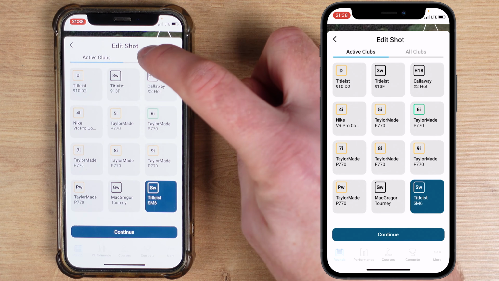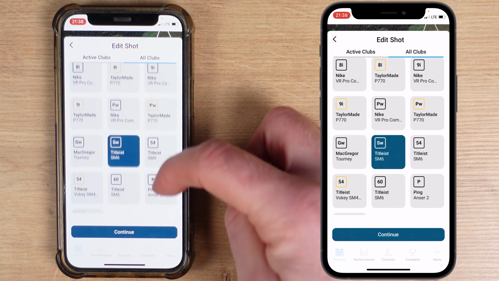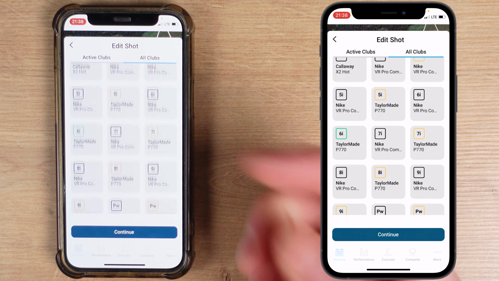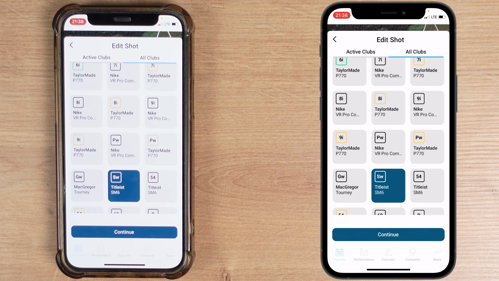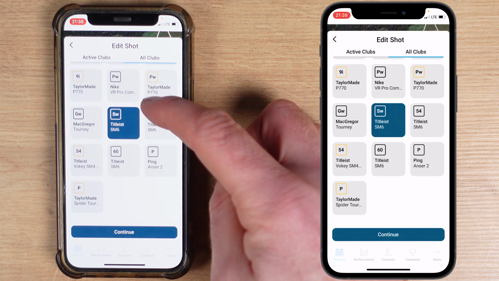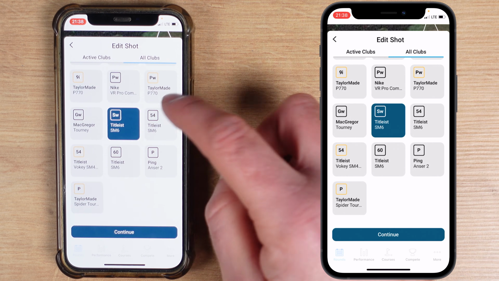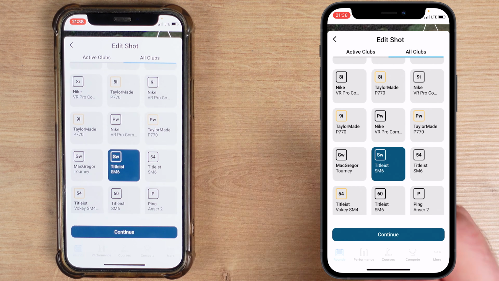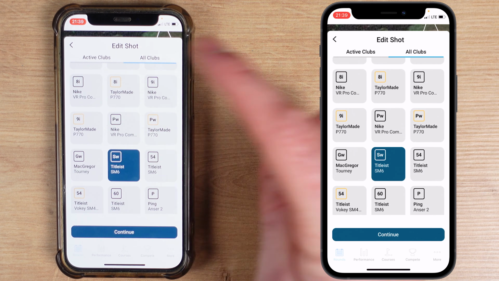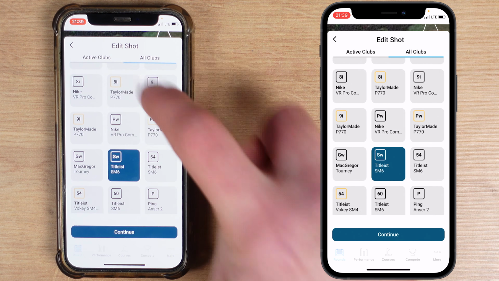If you tap on all clubs, you'll see your entire My Bag. So these are clubs which I've had before, which I haven't yet removed from my bag because they've got strokes attributed to them. So I can actually select one of these. So let's say, for example, it was my Nike pitching wedge, which I don't have as an assigned club in the My Bag area. I could choose that, but if I go back to active clubs, these are basically just